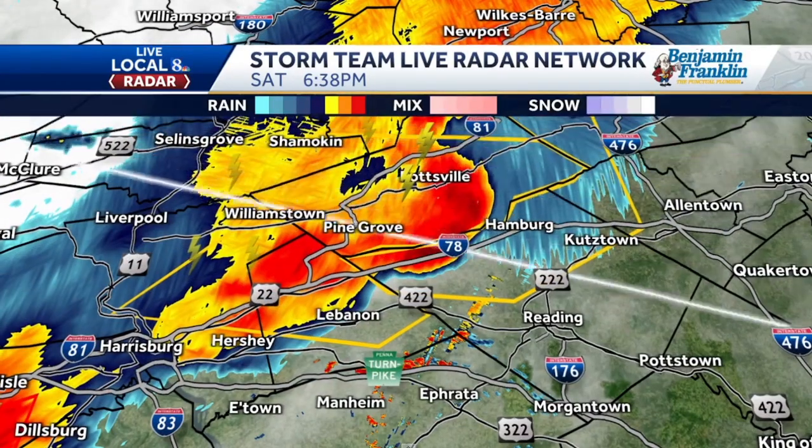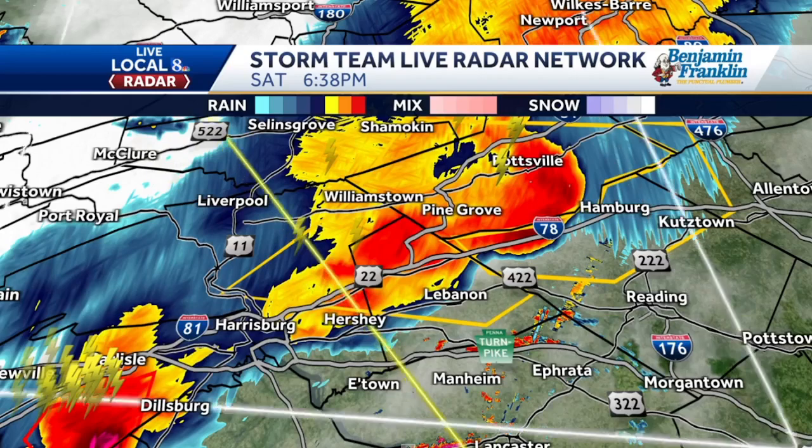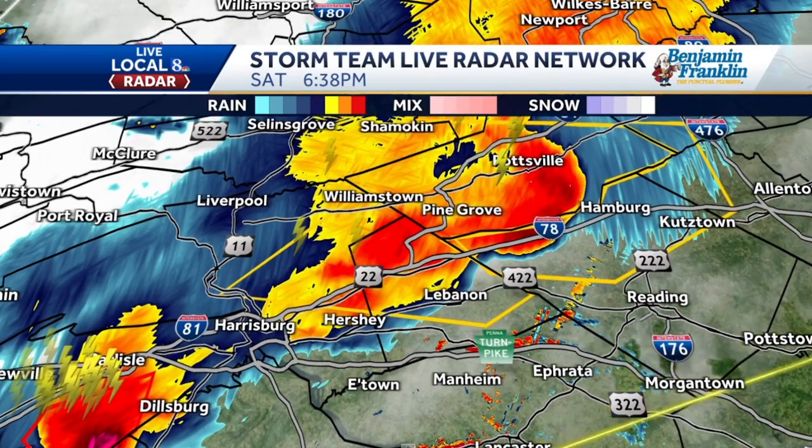For sure, and that can do just as much damage as a low-end tornado. So we always want to put just as much stock in a severe thunderstorm warning of this caliber, where there could be gusty wind that high. So please, even if you're not under a tornado warning right now,